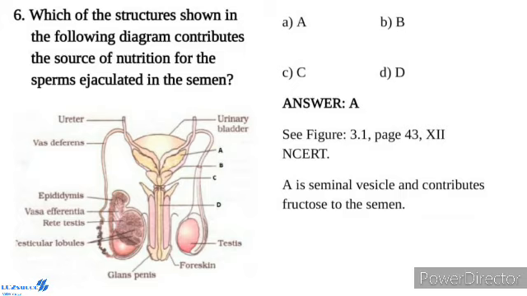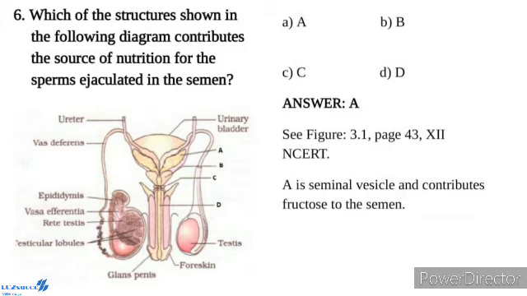Each seminiferous tubule is lined on its inside by two types of cells: male germ cells, called spermatogonia, and Sertoli cells. The male germ cells undergo meiotic division, finally leading to sperm formation, while Sertoli cells provide nutrition to the germ cells. The regions outside the seminiferous tubule, called interstitial spaces, contain small blood vessels and interstitial cells or Leydig cells. The Leydig cells synthesize and secrete testicular hormones called androgens. Other immunologically competent cells are also present.